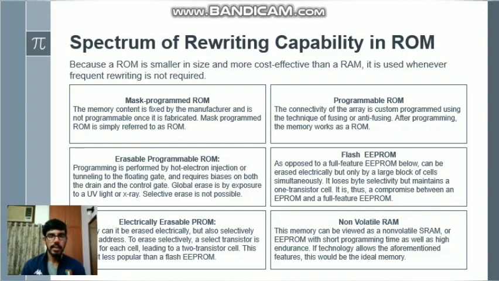Now the last one among these is the non-volatile RAM. This can be considered a non-volatile version of the SRAM, and this is said to be an EEPROM with short programming time as well as high endurance. So this particular memory device is at the moment in research and development phase, and I think at the moment the properties of matter that are being used to make this memory device are ferroelectricity and magnetoresistivity. Okay, now moving on.